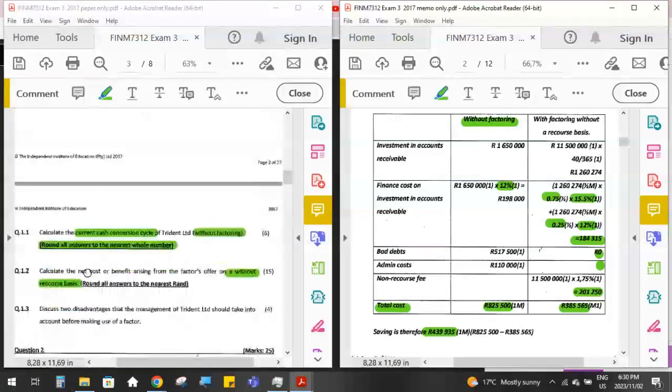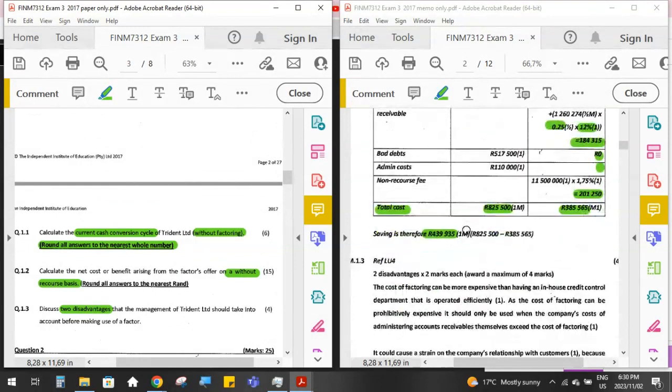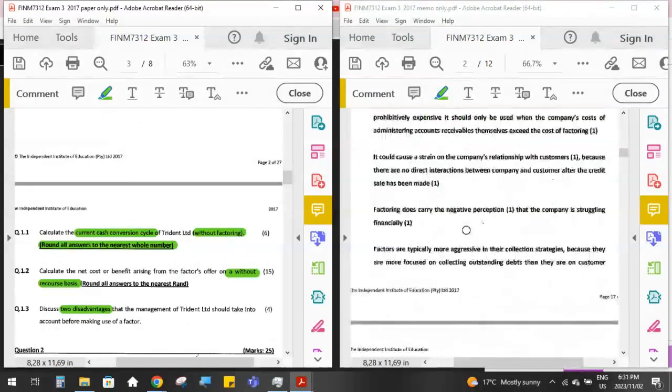Okay, did they ask us anything else? Oh yeah, and then they also asked us to discuss 2 disadvantages that they should take into account before making use of a factor. So